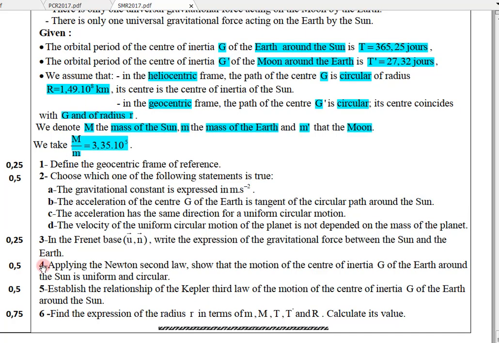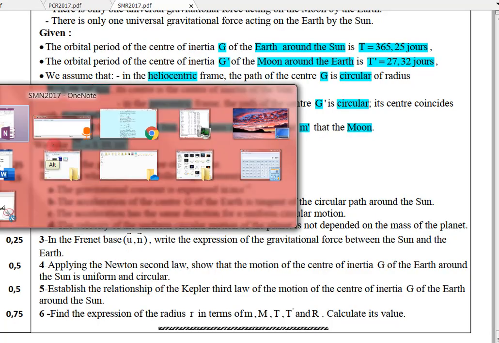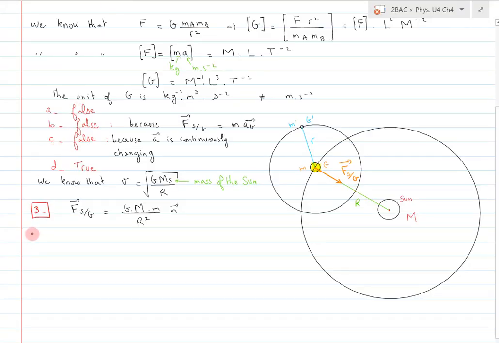Moving on. 4, applying Newton's second law, show that the motion of the center of inertia G of the Earth around the Sun is uniform and circular. So we are going to repeat what we have seen in the course, showing that the motion is uniform and circular. So applying Newton's second law on G of Earth, this gives me